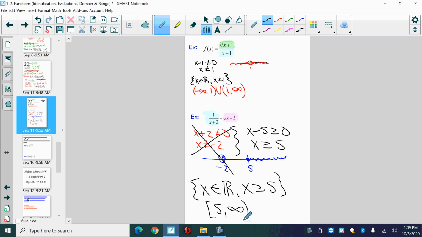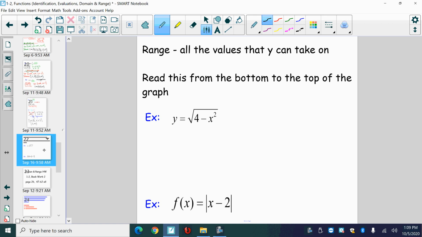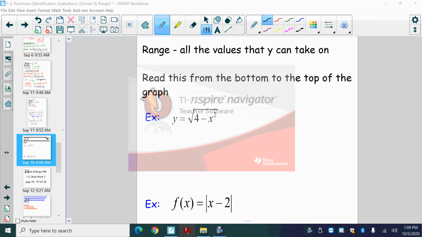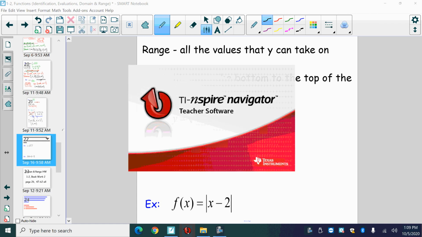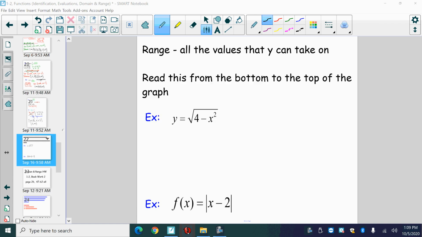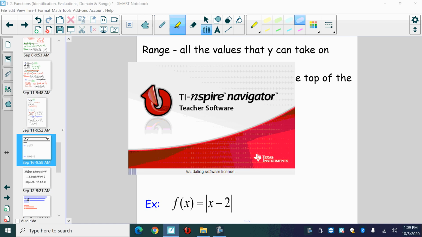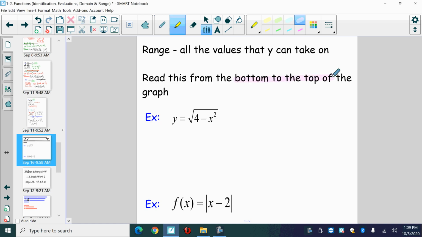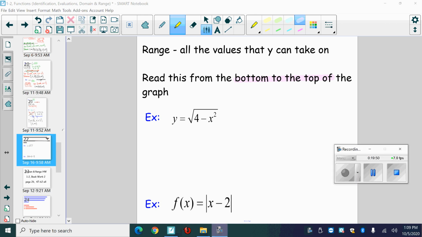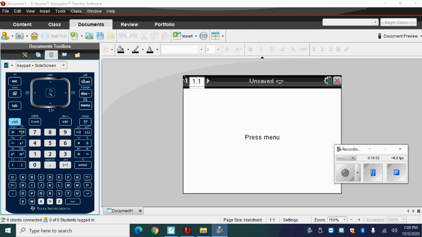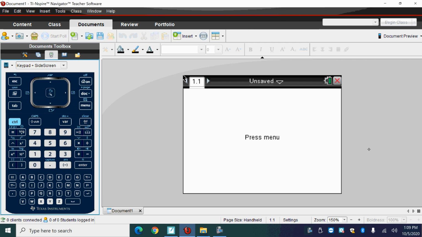Okay? That brings us to our last set of notes here, range. How do you read range? Range is read from left to right. Now you have to graph these. There's no other way to do it. So we are going to pull up our graphing calculator, and we are going to graph these so that you can read your range from bottom to top. From bottom to top. So important. Okay? So, let's wait for my calculator to pull up here. So, what this means is I'm going to go ahead